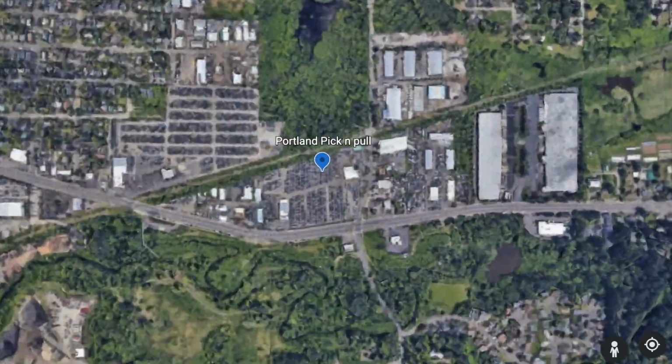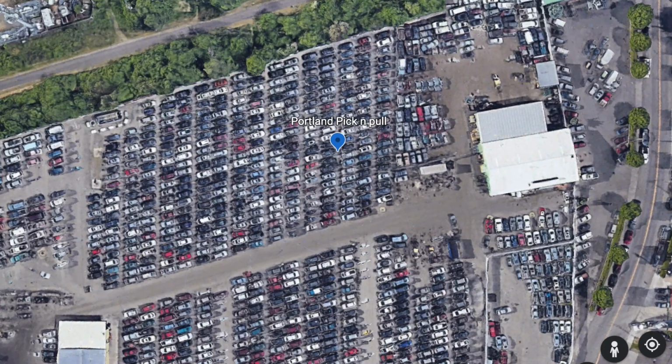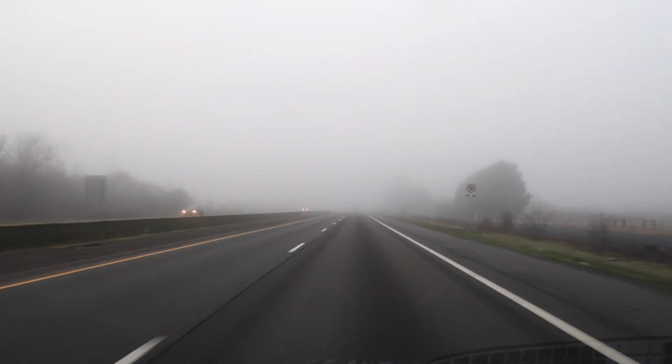Welcome back. Next day, driving on I-5. I'm going down south. I'm going to Portland. It's about a 2.5 hour drive. I've never been to this Pick and Pull,